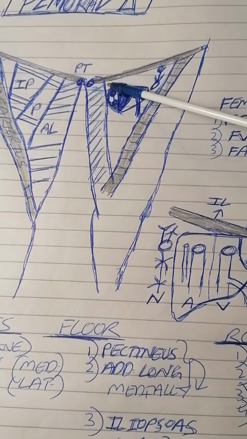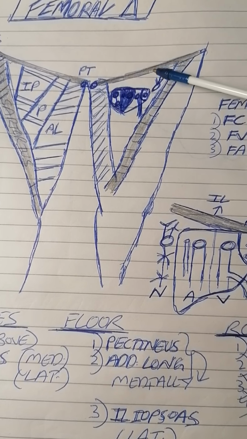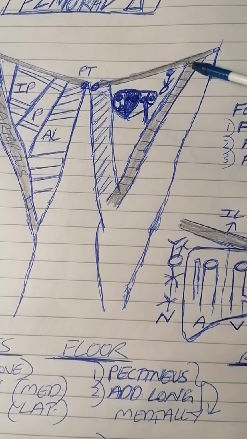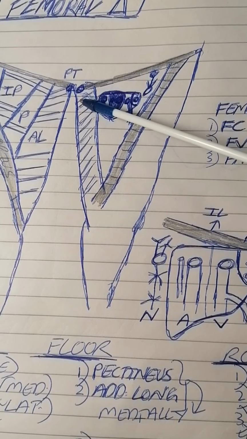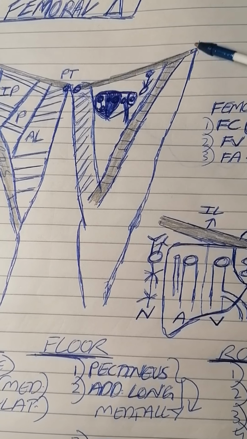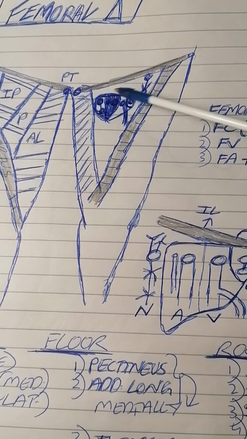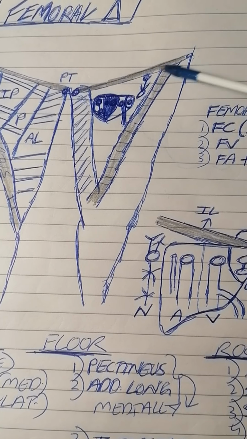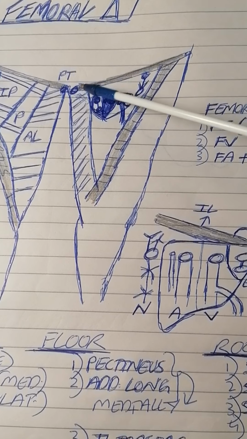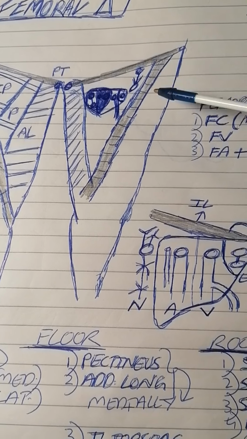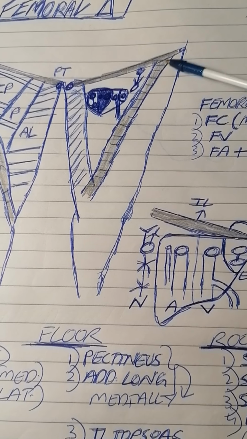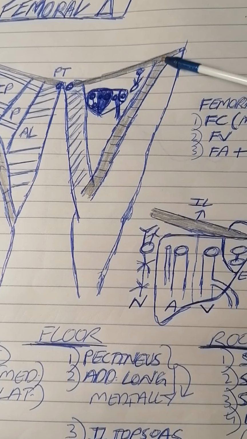So here's the femoral triangle. Let's talk about the boundaries. Here on the superior aspect, you can see the inguinal ligament, a ligament from your anterior superior iliac spine going towards your pubic tubercle. So this would be your superior boundary, the inguinal ligament, whereas your lateral boundary of this femoral triangle